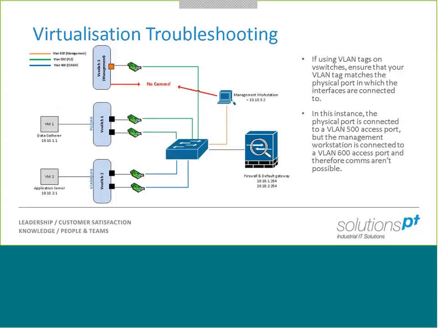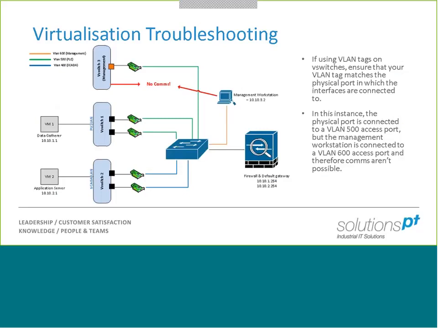Okay, so this is a common one, again, I've seen before. When you start introducing VLANs into virtual network as well, you have to make sure that your tags are set up correctly. So in this instance, what we've got is we're doing VLAN tagging at the virtual switch layer. So at the bottom, we've got our SCADA LAN being tagged VLAN 400. Middle one, we've got our PLC LAN being tagged as VLAN 500, and at the top we've got a management interface which should be tagged as VLAN 600, but it's not. It's being tagged as VLAN 500.